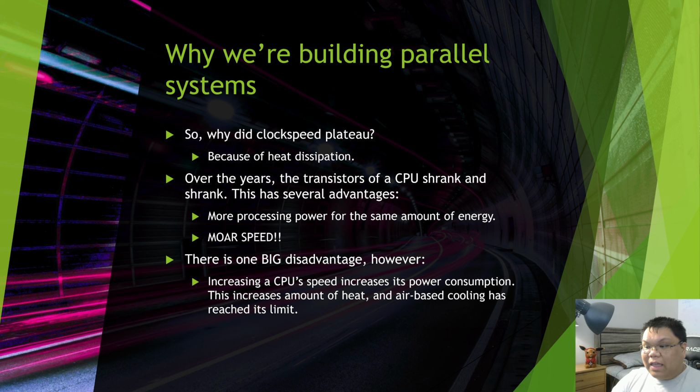So in general, if we increase a CPU's clock speed, that increases its power consumption. This also increases the amount of heat being put out, and at some point, air-based cooling is going to reach a limit, and you're probably going to need some exotic cooling solution that is out of the reach of most consumers. What kind of cooling solutions am I talking about? Well, I mentioned that the record for clock speed used to be 8 gigahertz and now it's 9 gigahertz. On those kinds of CPUs, these insane clock speeds were only achieved not through liquid hydrogen, but liquid helium.